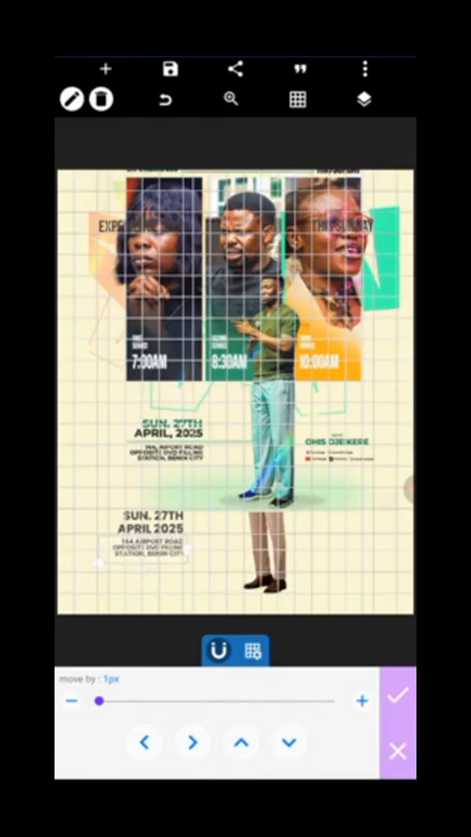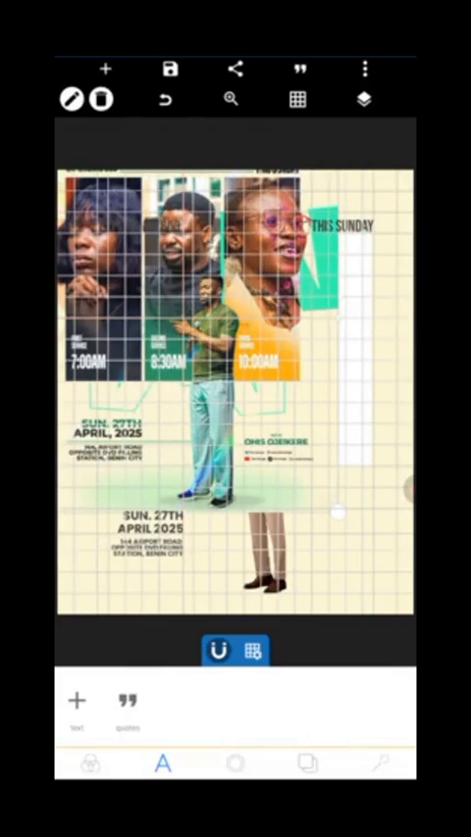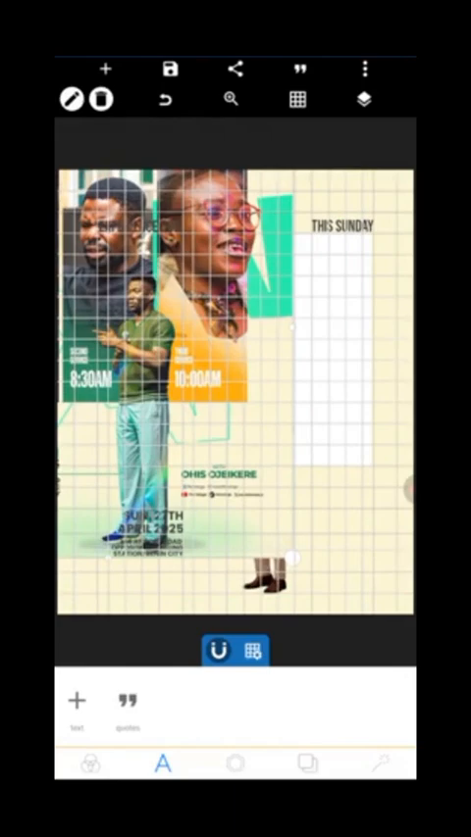Align it as well. Once you are done with that, you can then lock the text as well, so you don't tamper with it. Then the next thing, I want to write the name of the person. So now